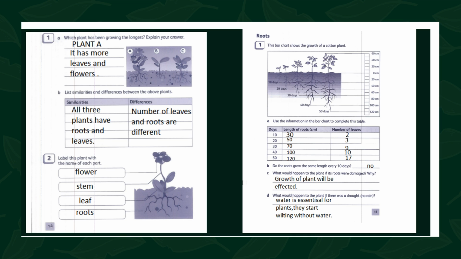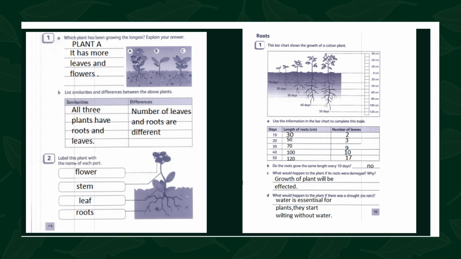Now, move on to page number 15. Roots. The bar chart shows the growth of a cotton plant. You can see, they are asking some information. You have to fill this table. After 10 days, the length of roots. Just take